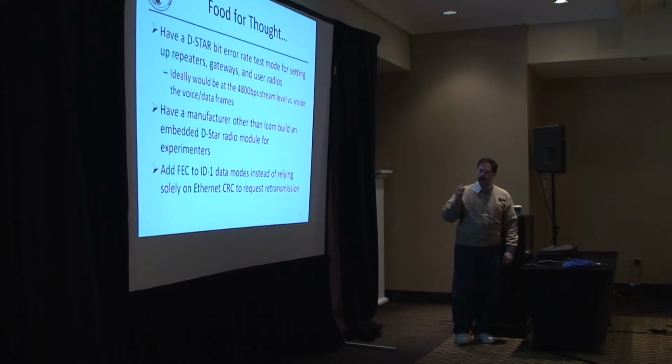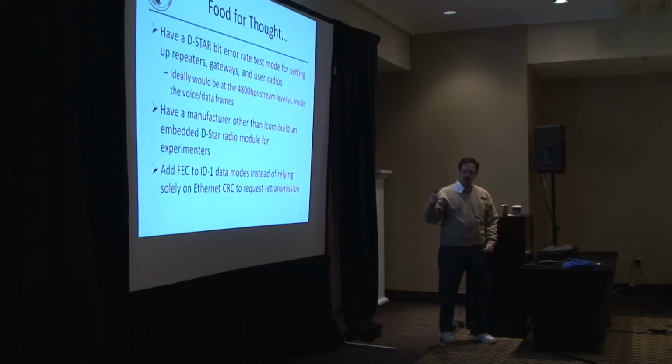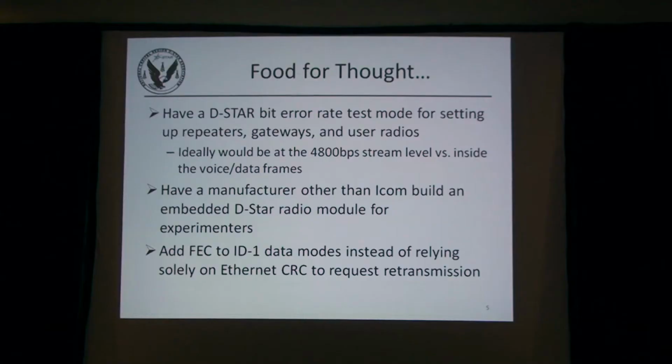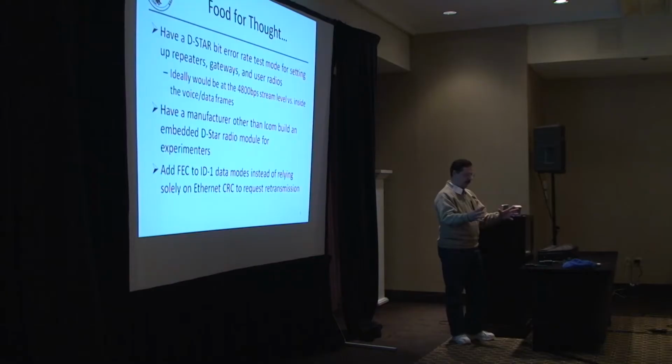Another one too is in the ID1s, the higher speed 1.2 gigahertz radios. They transmit the data at 128 kilobits a second. The connection that goes into the radio is actually an Ethernet port, all right? And all they do is take all of the Ethernet data and wrap the radio routing information around that. But there is no other error correction done. They just rely on the CRC that's within an Ethernet frame, and if it says, sorry, bad Ethernet frame, you got to go back and retransmit or whatever.